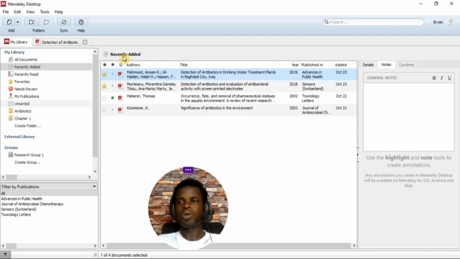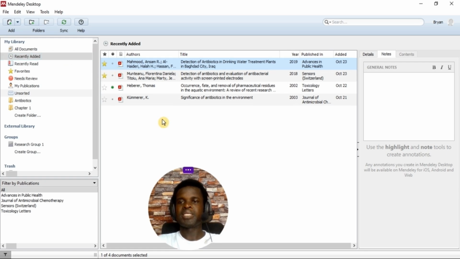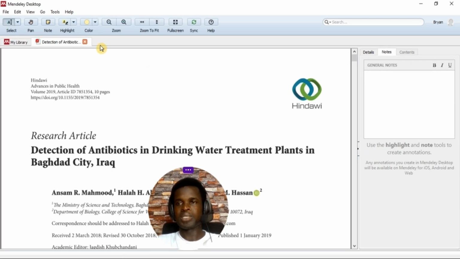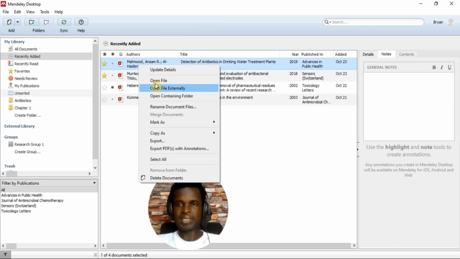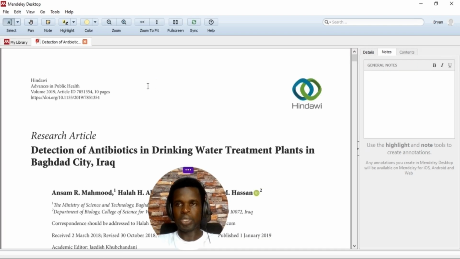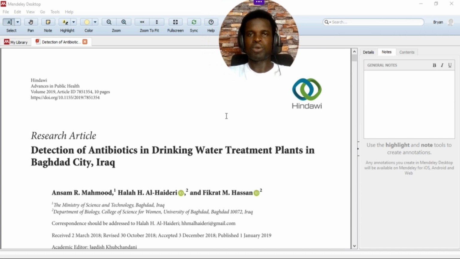The next thing we'll talk about is if you want to open a document and read it from your library table. There are two ways of doing that. You can double click on the document, or you can right click and select open file. So you can open as many files as you want. Looking at this document here,